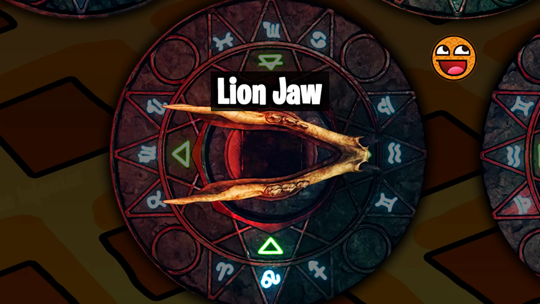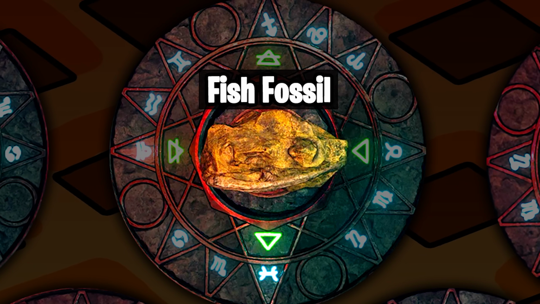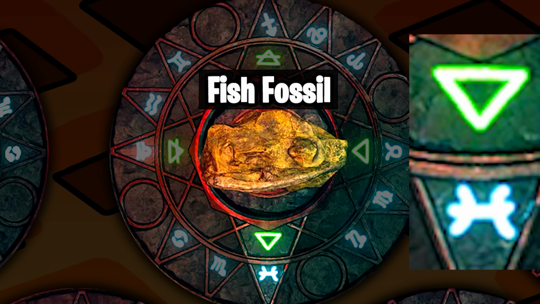Next, for the lion jaw, you want the green upward facing pyramid at the bottom, and you want this squiggly symbol in blue just below it. For the fish fossil, if you're confused and you're like, I don't have a fish, I've just got a rock, like it's a plain rock, it's just because the fish is actually on the bottom of the fossil, and it's just a little hard to see. But for that fish, we want the downward facing triangle for the green, and we want this symbol in blue. And once again, it's easy to get this mixed up with the other symbol that was next to the sort of water squiggles, right? And so double check to make sure that you're selecting the correct symbol